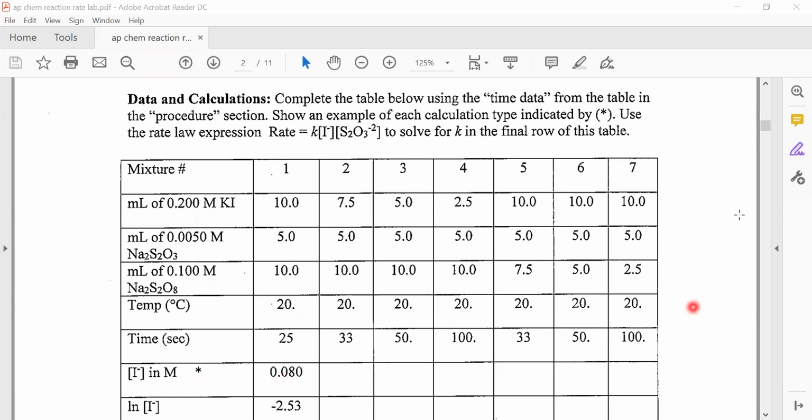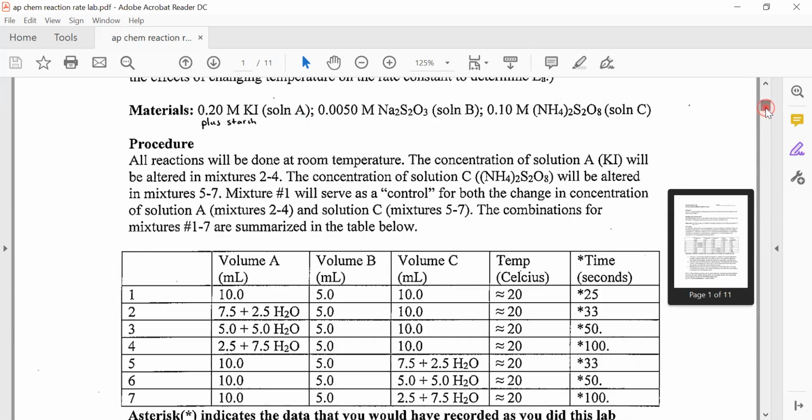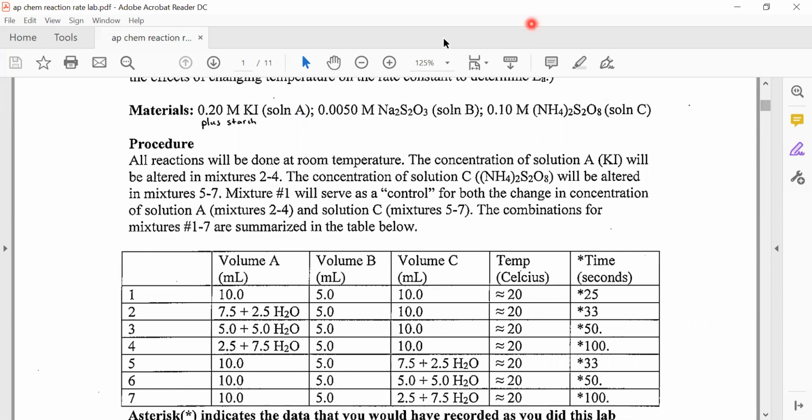So in order to do that, I realized the formula is KI, it's in a 1-to-1 ratio. And I also realized I started with 0.20 molar KI. So what's going to happen is I'm going to dilute this. So I could do this a couple ways. I could take 0.2 molar times my number of liters. Okay, so I convert this to liters, and then that would give me moles, and then divide it by the